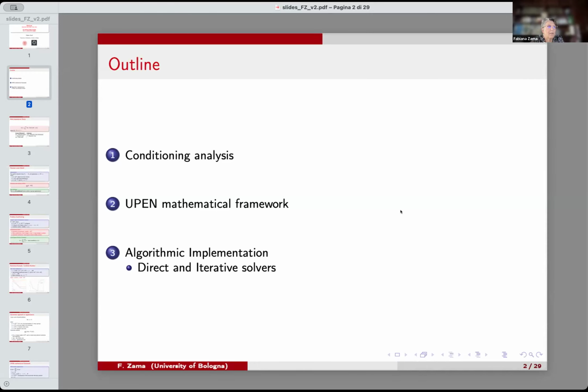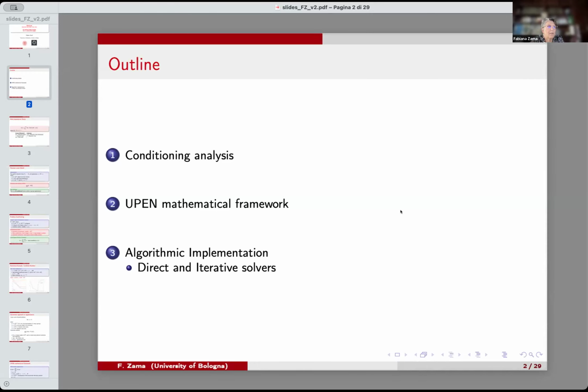Then I will just explain, focusing on one of the algorithmic blocks that is behind almost all the algorithms, almost all the software that William has shown you, and this is in particular related to the iterative solvers. So let me first introduce just a toy problem. This is an example of all the problems that William has shown you, but this example is